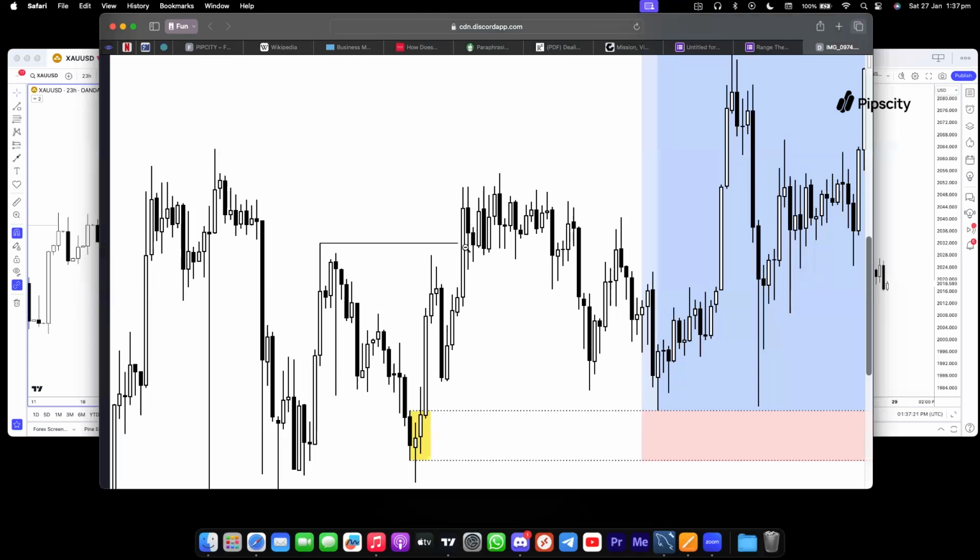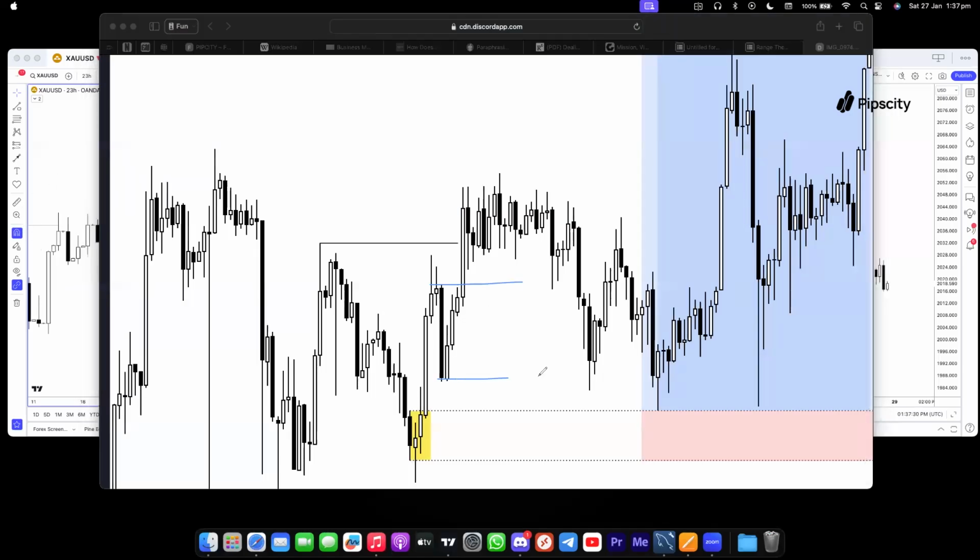Aggressive break, yes, you see the aggressive break to the upside. Now, those who would have taken buys from this area here, which is quite risky, right? Those would have taken buys from here because they agree that this is the last range before this break. But then again, yes, you could have gotten in on this,